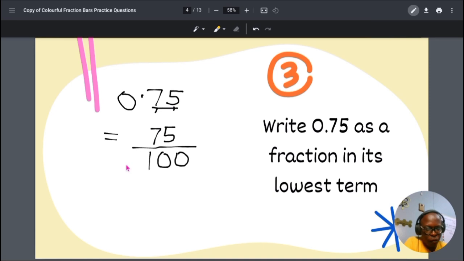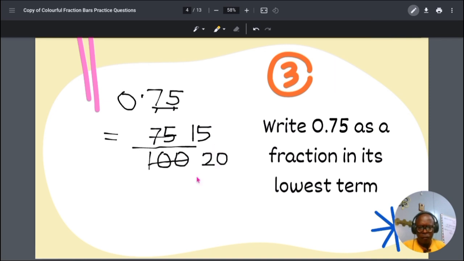because the question specifically mentioned that this fraction should be reduced to the lowest term. So you have to use a common factor to divide the numerator and also divide the denominator. Looking at this, I would have to use a 5. 5 is the number that can actually divide both of them, the smallest actually. So 5 here would give me a 15. 5 will give me 15, and 5 in 100 will give me